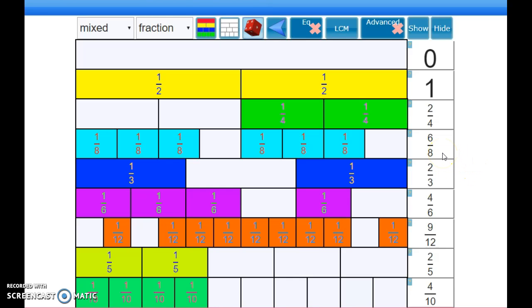And what you probably have figured out from the previous game is, the closer the numerator is to the denominator on a number line, the larger the fraction tends to be. So 6 out of 8, 6 is pretty close to the number 8, so chances are good that that's a large one. Although 2/3 also would be a large one. 9/12, oh boy, a lot of competition in this one. Just looking at the bars, 9/12 looks like it's a big one, so I'm going to write that one down